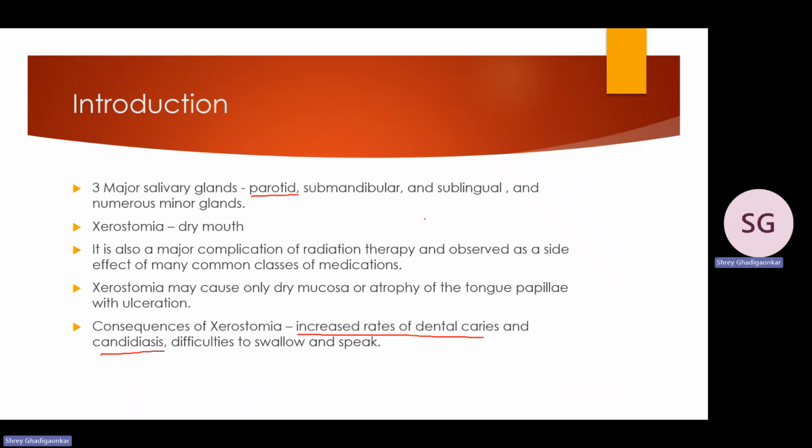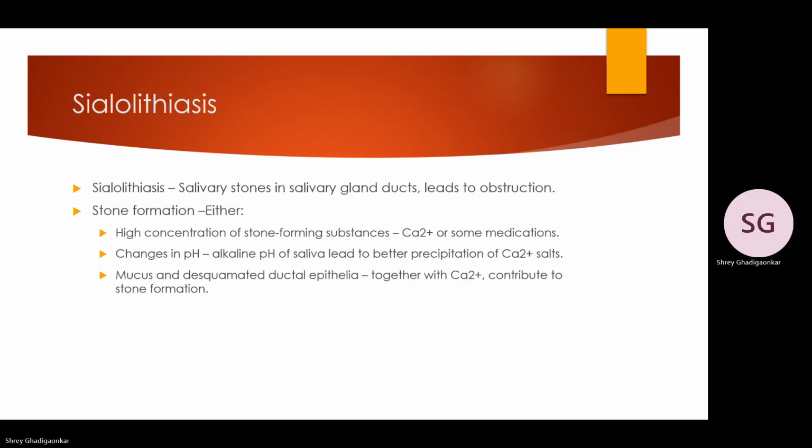So as you know, saliva itself has numerous functions. One of them is lubrication of the mouth. So this allows us to chew food properly as well as speak properly. And saliva also has several enzymes within it, so it has several antimicrobial properties as well. So if you decrease the amount of saliva in the mouth, this basically results in increased risk of dental caries and candidiasis as well.